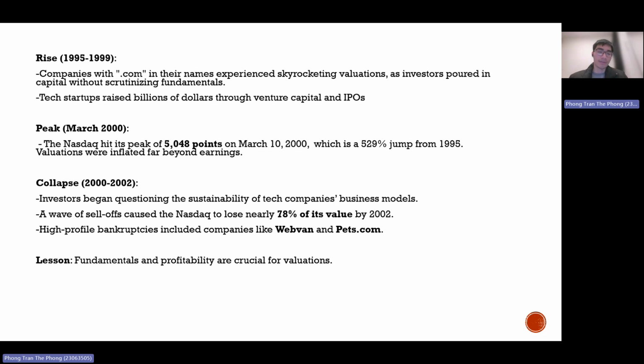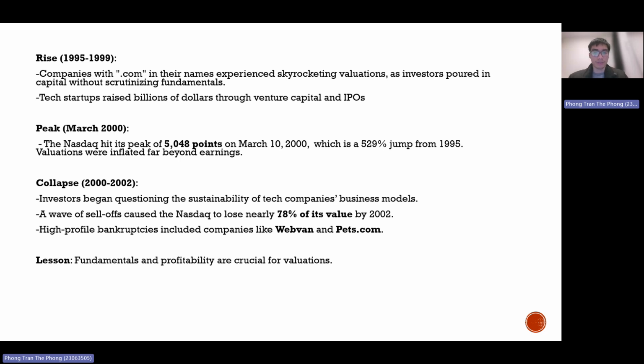There's also an interesting event during that time, which is the Y2K bug. It's a calendar bug that threatened to end technology, so people panicked and wanted to upgrade their computer components, which was another huge boost for the market. But